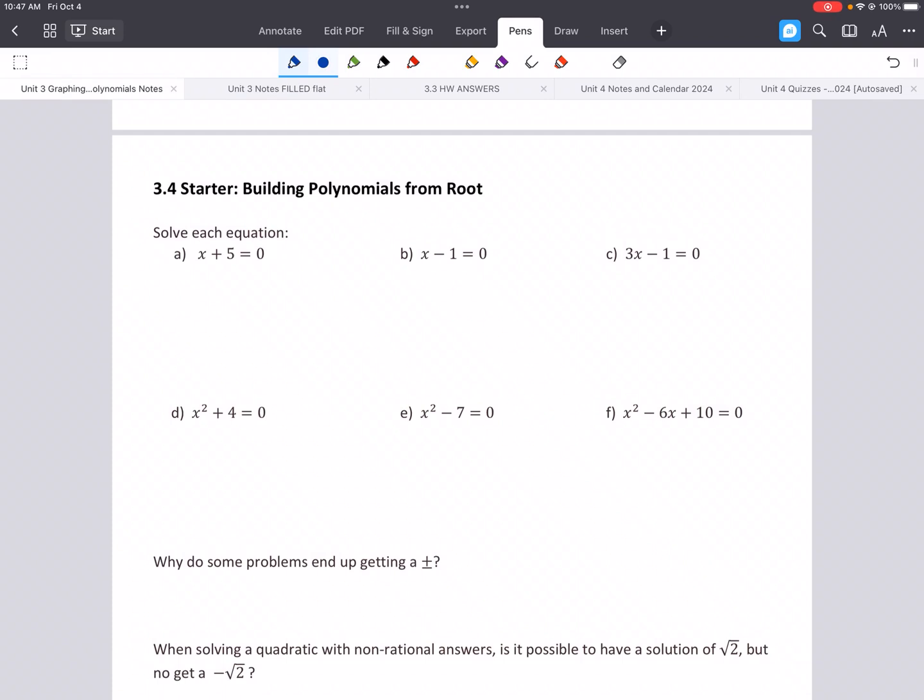Hey everybody, this is Mr. Warner. We're going over 3.4, building polynomials from roots. So we're going to do a quick review,